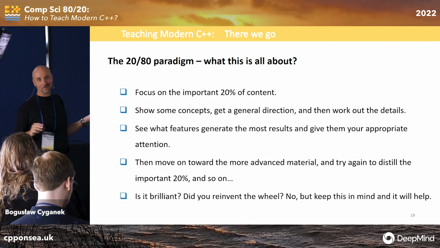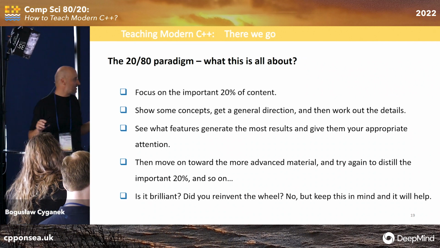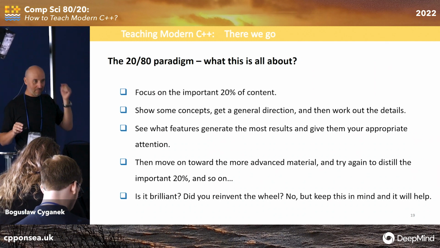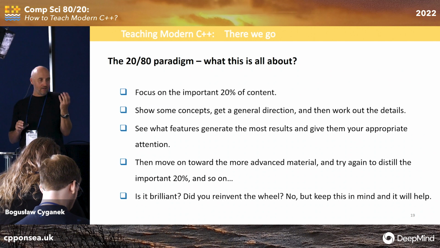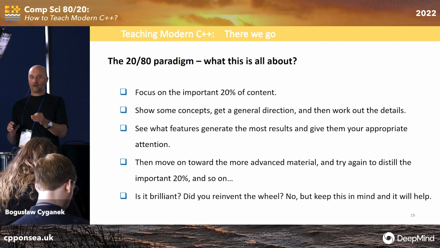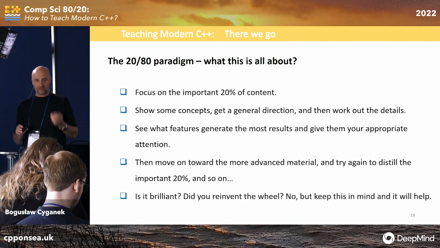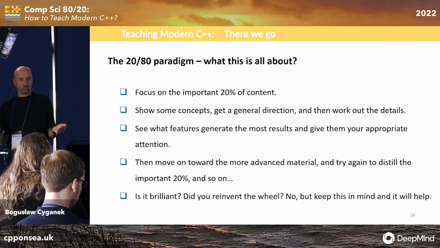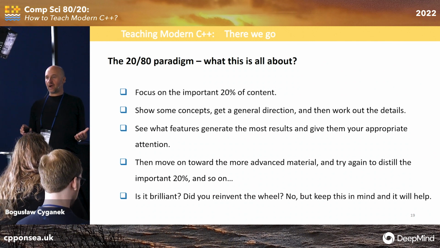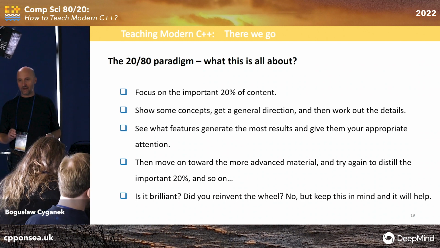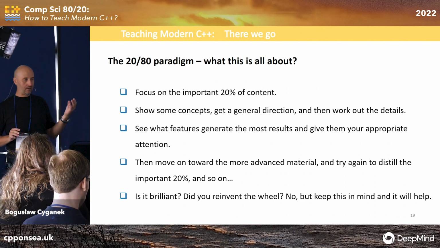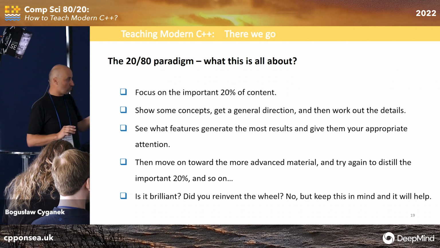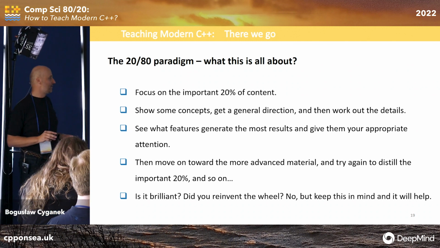But you can ask me, is it brilliant? Is it a recipe for everything? Did you reinvent the wheel? I would say no, the rule is just an observation. But once I realized that I am conscious of this 20-80, I started thinking of many problems, also writing software, in this way: okay, let's start today with the 20% of important features. When you talk with your group about your software, just start from this important stuff. So also in preparing the classes, in all these teaching scenarios, I will just focus upon this 20%, in my opinion, of important concepts.